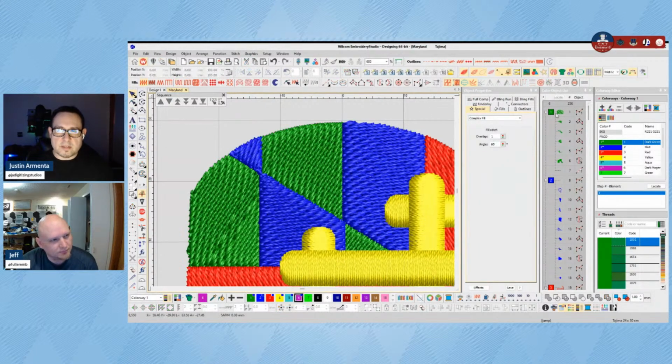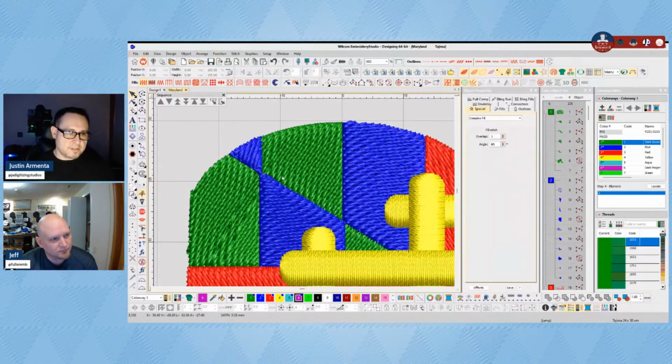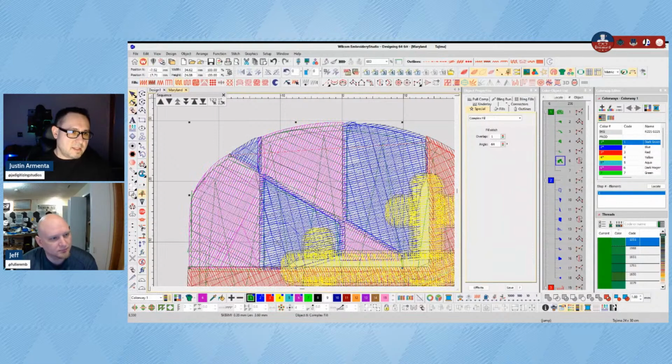And so since I can see that the first color sequence that's going to be sewing is the green, if you can see here in your color object list here in Wilcom, the green elements are going to be sewing first. So you know that those are going to be tucking up underneath the next elements, which are going to be the royal blue elements here. So selecting that